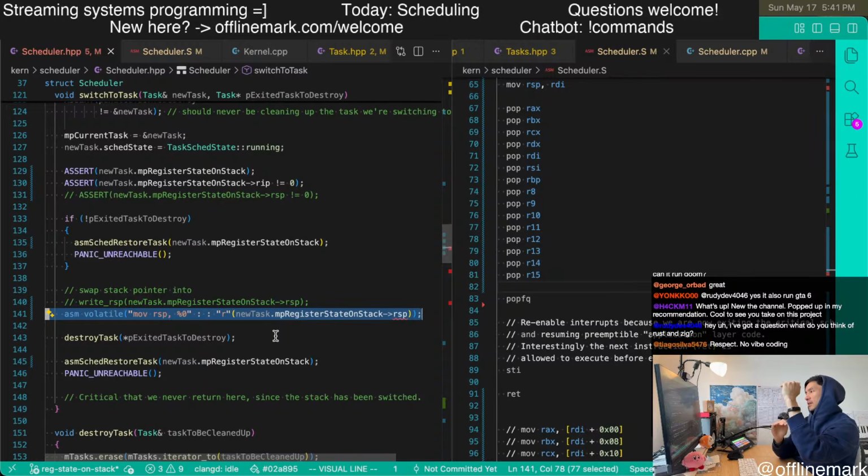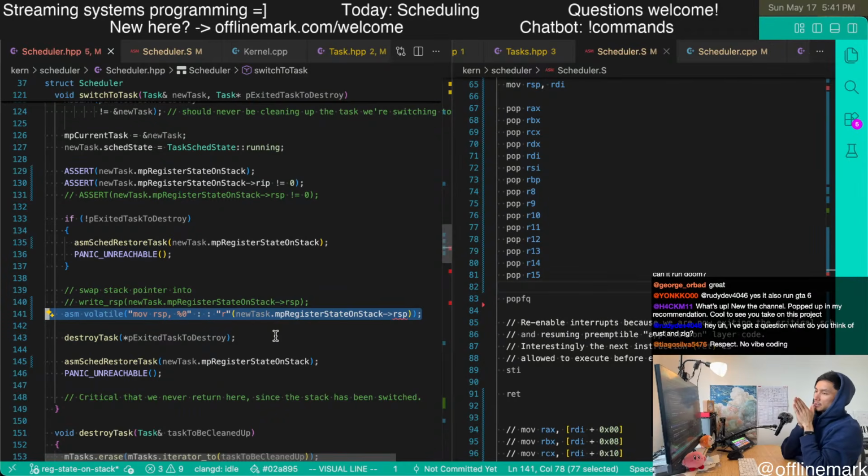So to solve this, we implement a deferred cleanup solution where we wait until the next task has been selected and there is a safe place to clean up everything related to the old task.